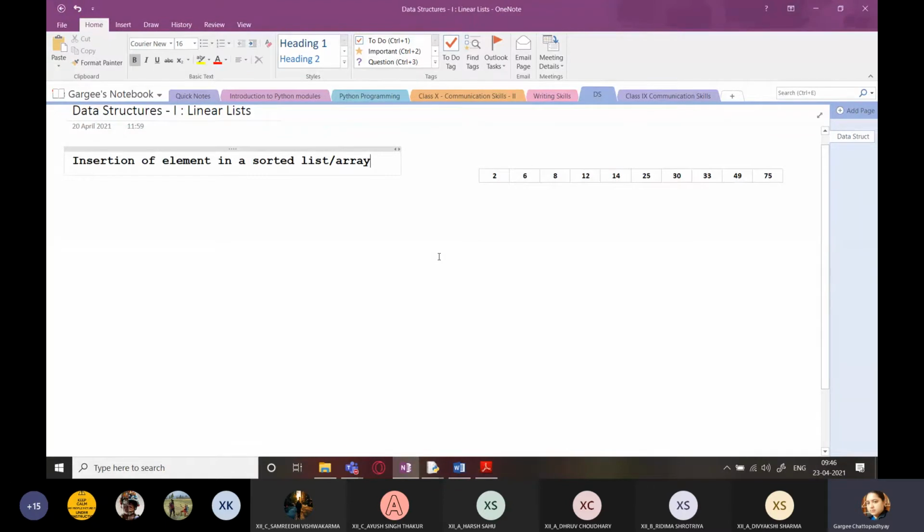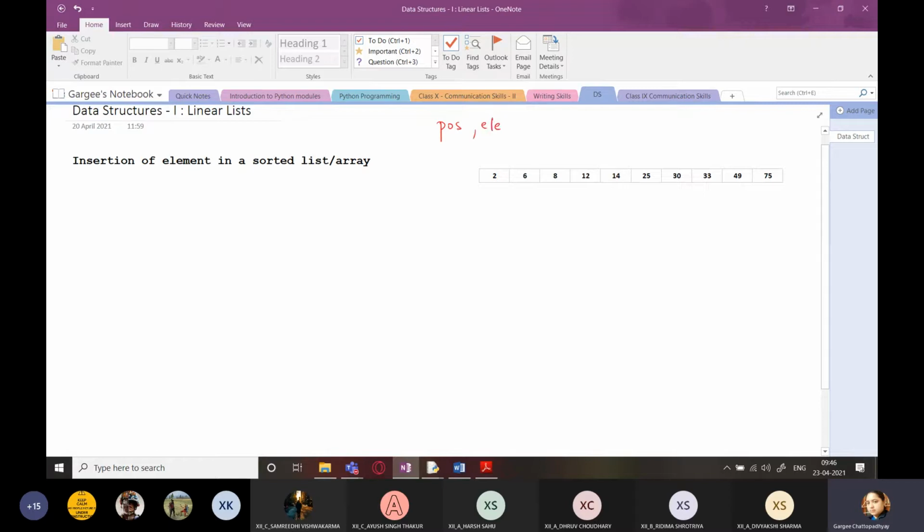So in the previous class, in the previous online offline lectures, you have already seen insertion of an element in an array, where we create a separate room for the element and we go on shifting the elements till a room is created at the proper place. For example, we will ask from the user the position and the element to be inserted.